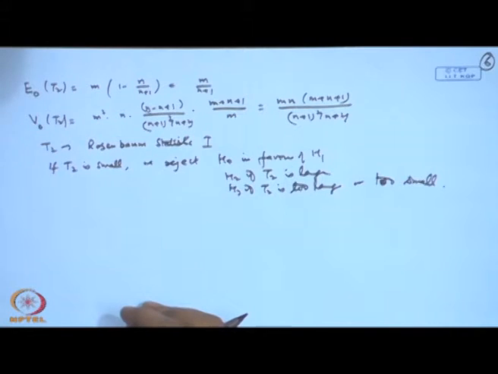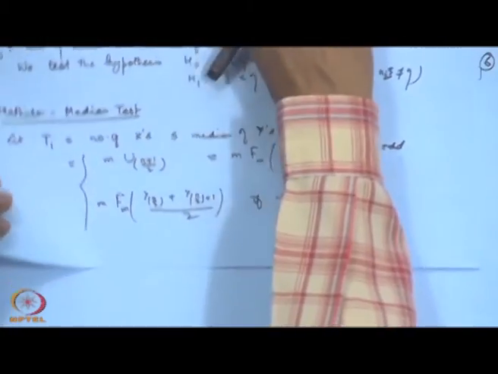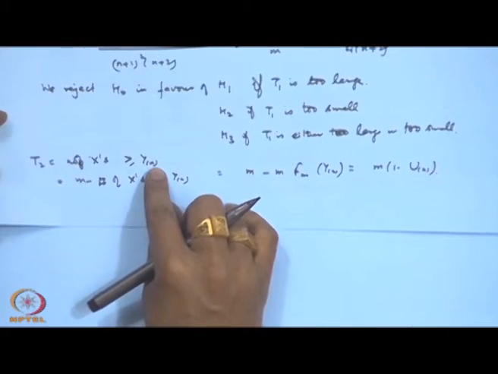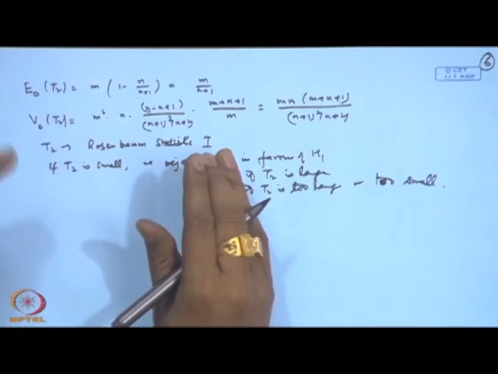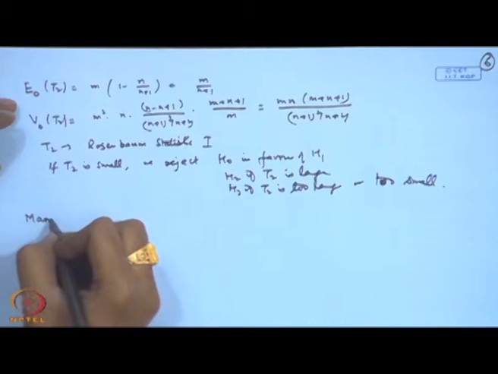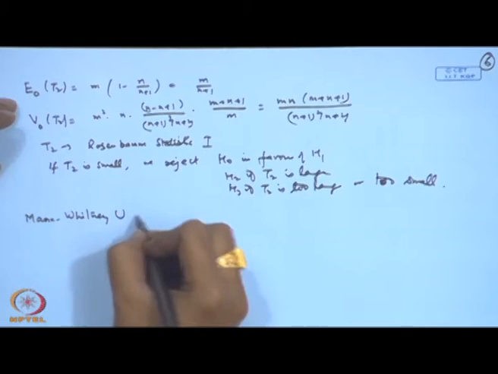The drawback with these two statistics that I defined, that is the Mathison median test, is that this is based on the median only, and the Rosenbaum is based on only the largest one. Now, one can think of using all of them, and that is called the Mann-Whitney U statistic.